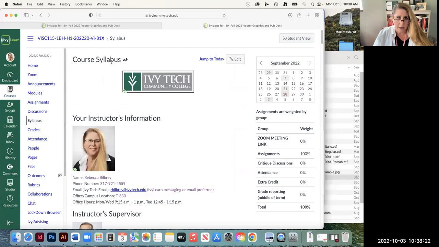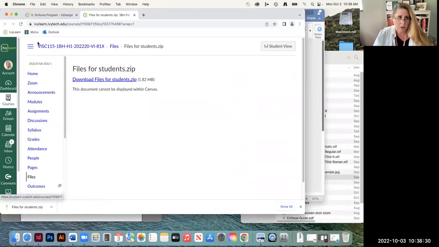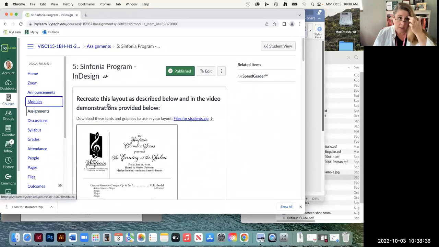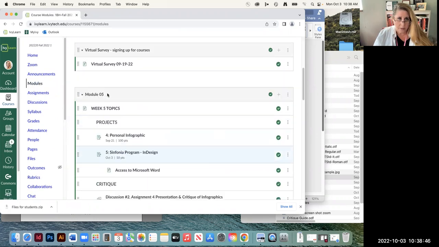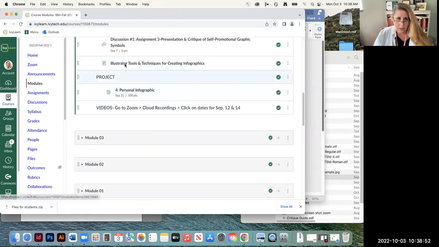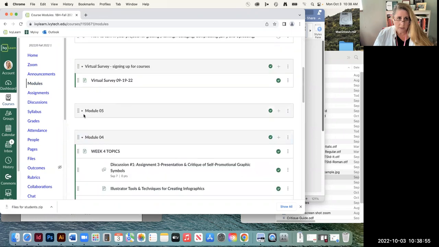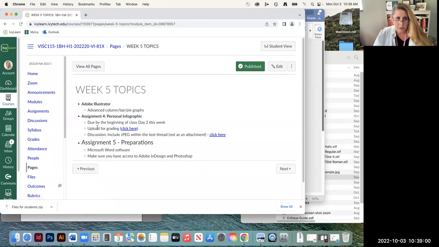So if you haven't done that yet, you will want to get back to the course materials here. You'll want to go to the module 5, I believe. Let's see here. It does have instructions on how to access Microsoft Word and how to upload it to your computer. So that might have been actually in module 4 because I was trying to prepare you guys for the things here. And it might actually be in the topics area. So this item said topics. So here,